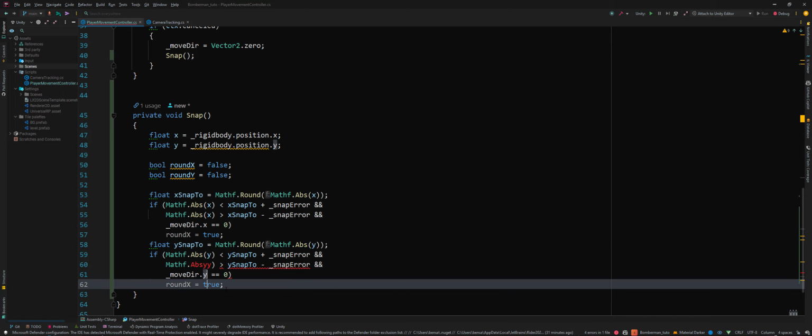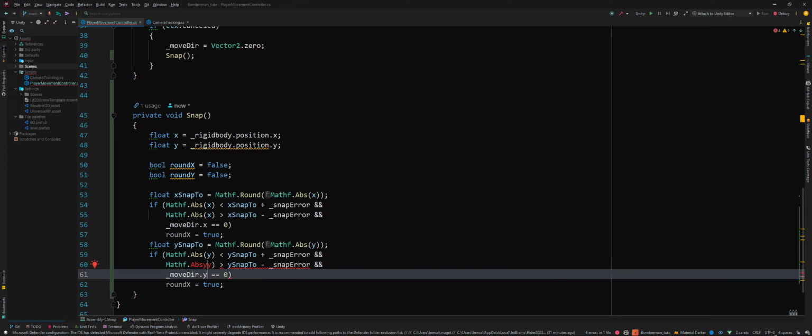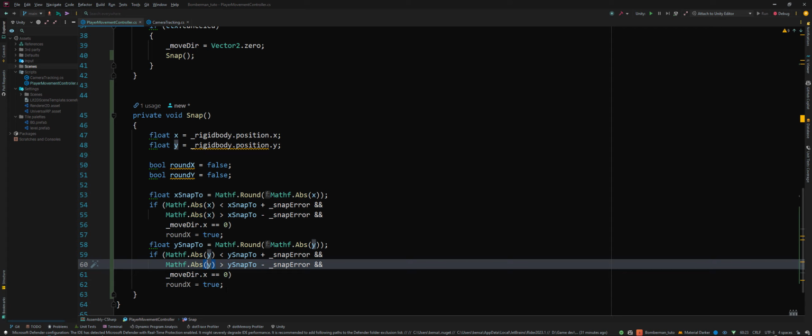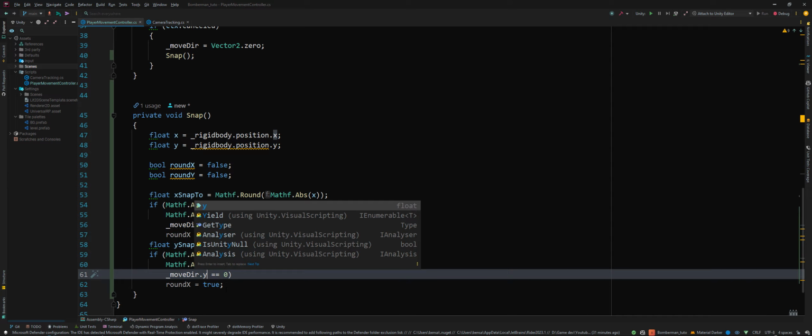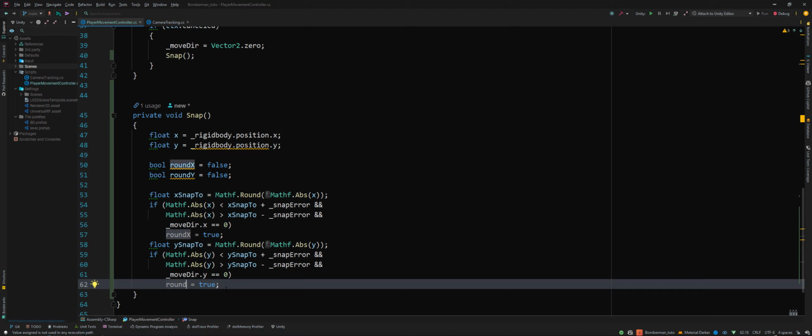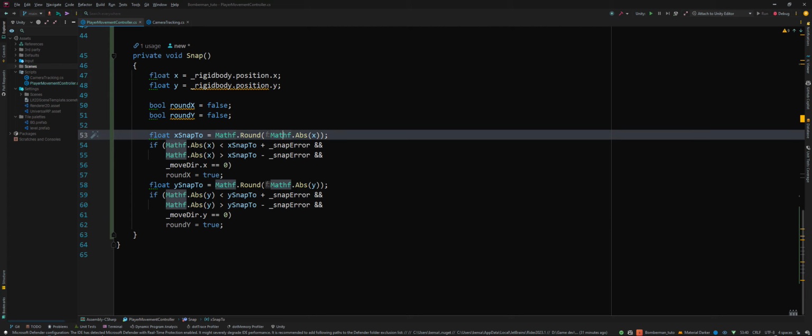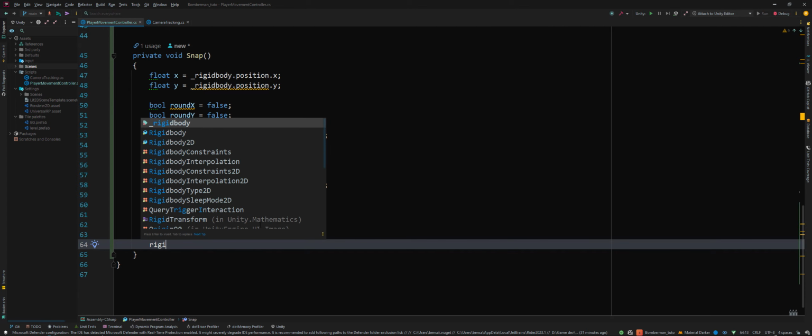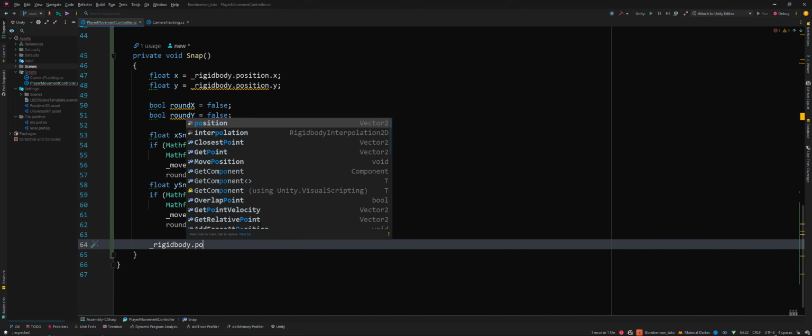This will be y, and this will be, oh sorry, I messed up. This is going to be y, and this also will be round y. Now that we have determined the conditions for us to be snapping, we will actually change the values of our position depending on that. So how to do that is we want to do it within the rigid body. So rigid body.position